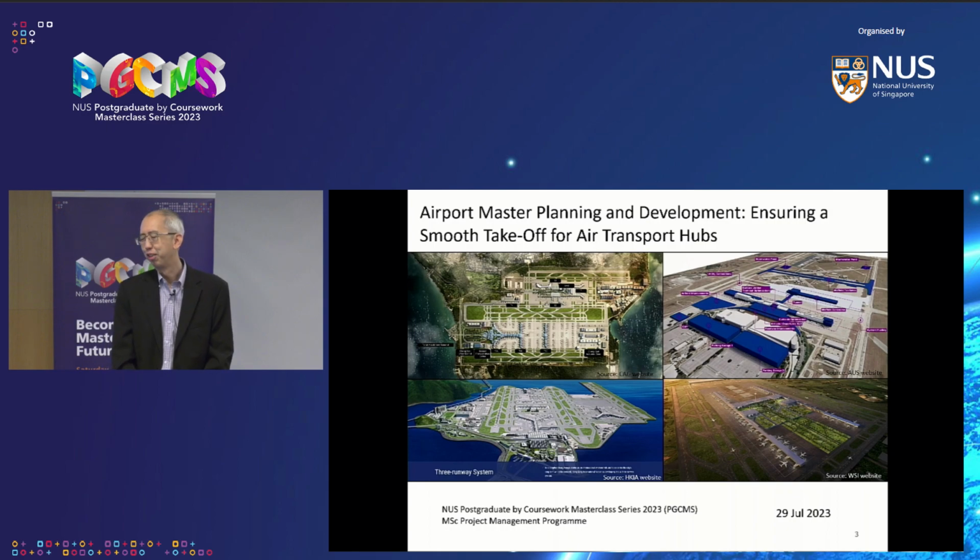Okay, so the top left, if you have guessed, that is Changi Airport. That's the new Changi East master plan. And then below that, for those of you that like to go to Hong Kong, that's the new Hong Kong International Airport with the 3rd runway and their future concourse. It's supposed to be ready sometime within the next 1-2 years, I believe.